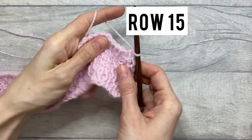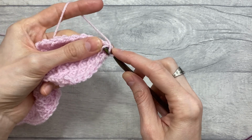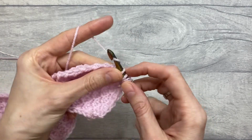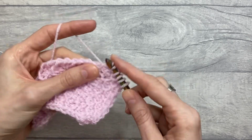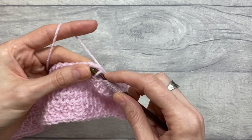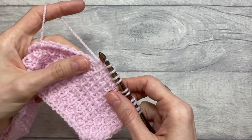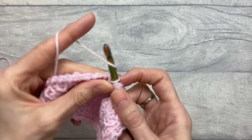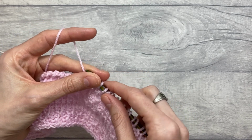For row number 15, we start with Tunisian purl and Tunisian simple twice. So we work purl, simple, purl, simple, followed by Tunisian simple stitch in 6 stitches, 1, 2, 3, 4, 5 and 6. Then Tunisian purl and Tunisian simple twice: Tunisian purl, simple, purl, simple, followed by Tunisian simple stitch in 18 stitches,